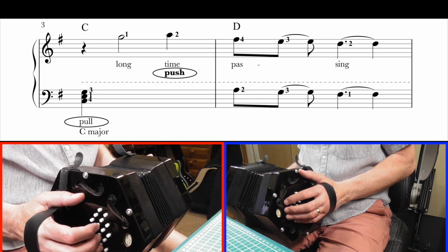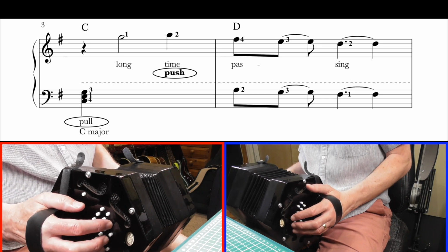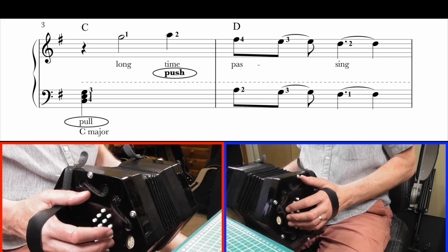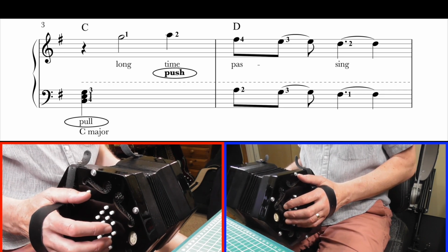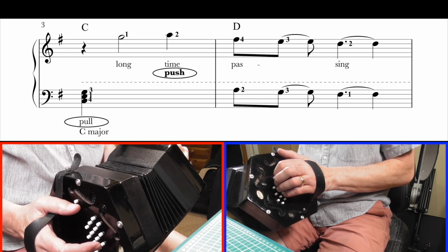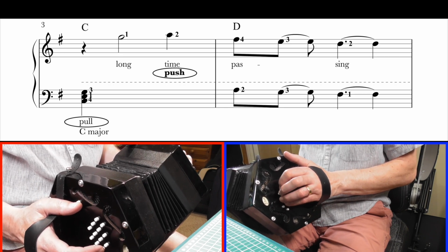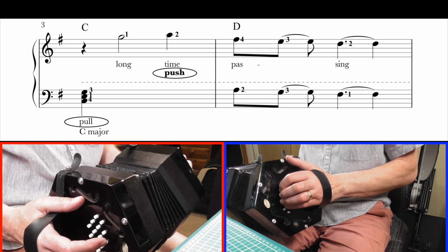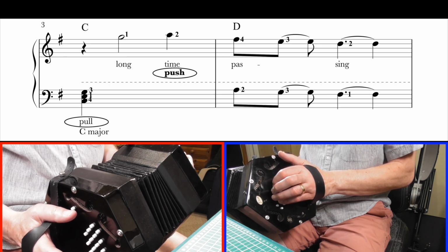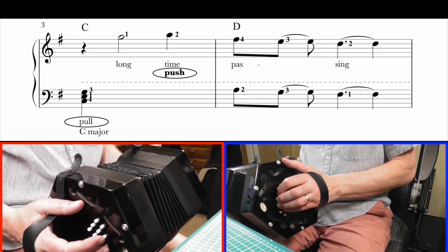In the tune, you're going from this G that you ended bar 2 with to the G an octave higher. So like I said before, forward, straight forward, 2 rows. So this is row 4, button 2. Now this is pulling. Before we get to that, actually, we need to play our C major chord. So we played G major in that first bar. Now we're moving to C major. Remember, that's the same shape, just on different buttons on rows 3 and 4, buttons 2 and 4 on row 3 and button 2 on row 4. So a quick pull on that,